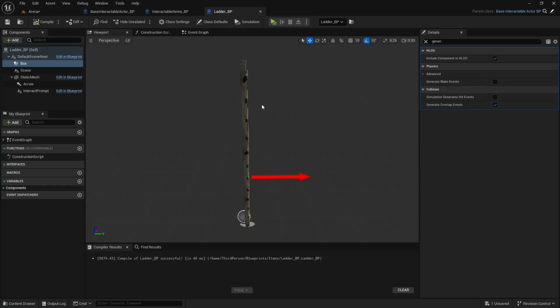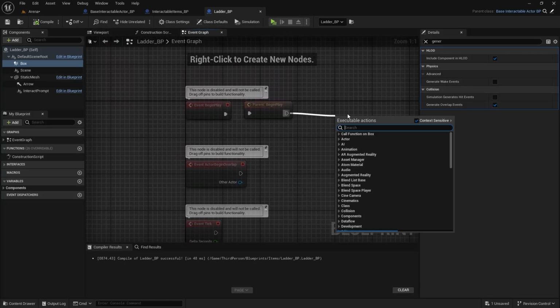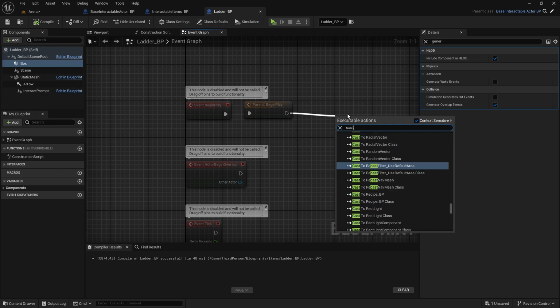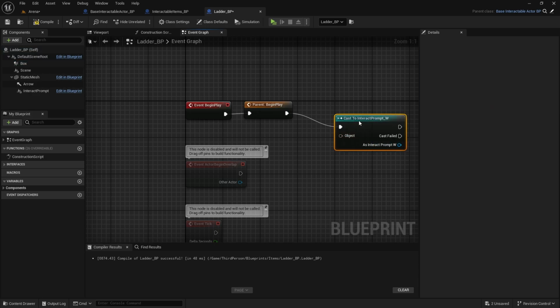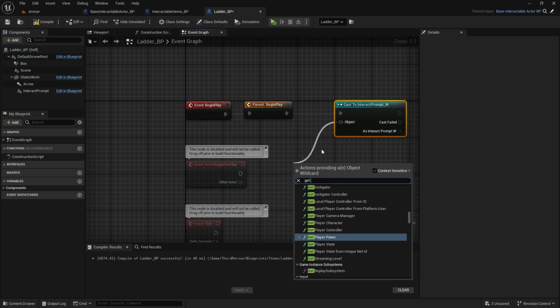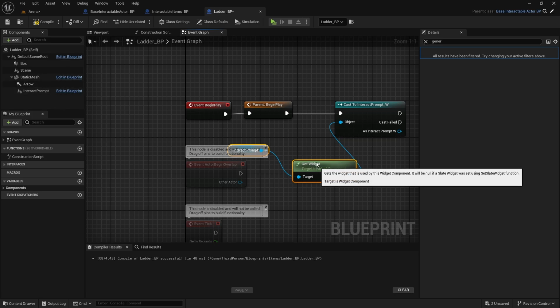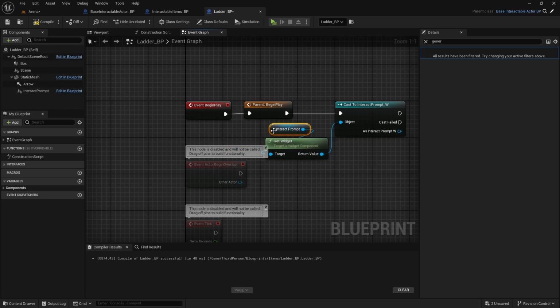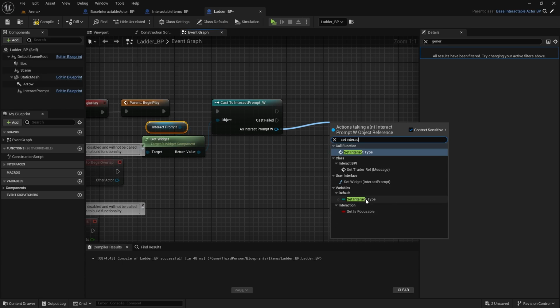So let's also go to event graph, and here after parent binding, we're going to cast to interact prompt. Yeah, interact prompt. Here get widget, interact prompt. We do have a reference from it from interact prompt, and set interact type variable,